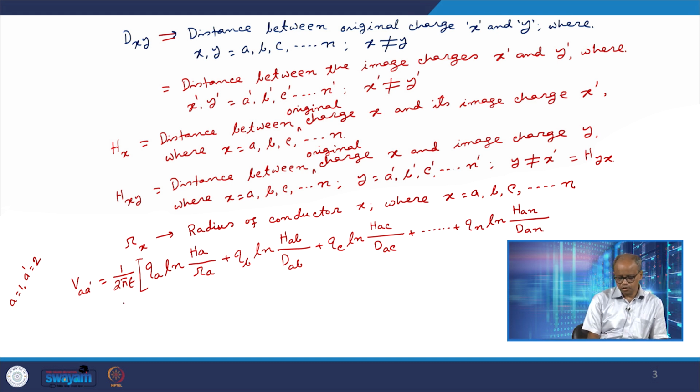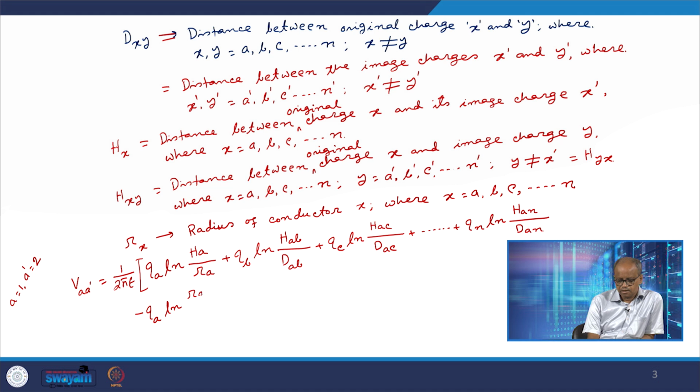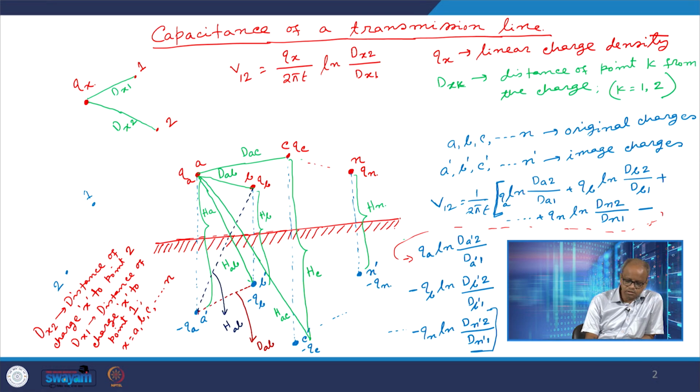Now we have to look into the contribution of the voltages due to the image charges, so QA. So here log, now when we are considering this charge, still this is point 2, so in the numerator it would be the distance of this charge to itself, and again by following the simple rules of electromagnetic field theory, we know that these image charges will also reside on the surface. So this self distance would be equal to RA, divided by the distance of this charge to point 1, that is HA,